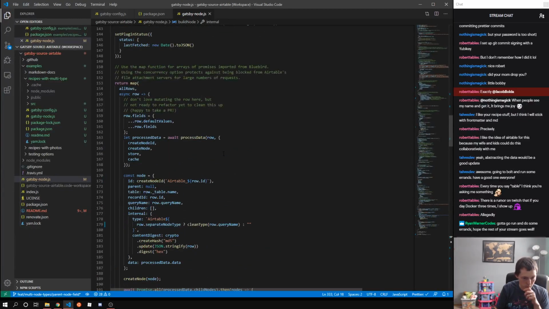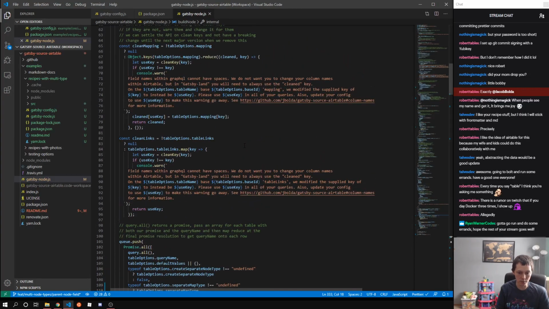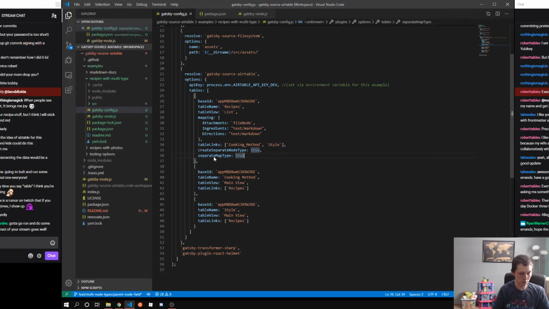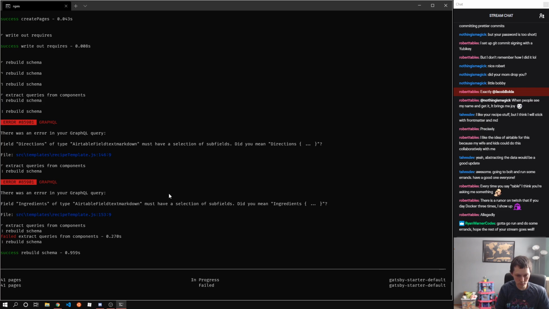So that shows up in the code here, and basically we're saying that we need to enter in the cleaned version, which means we should be putting in the cooking method like that. So I believe that'll remove that error. Okay, so